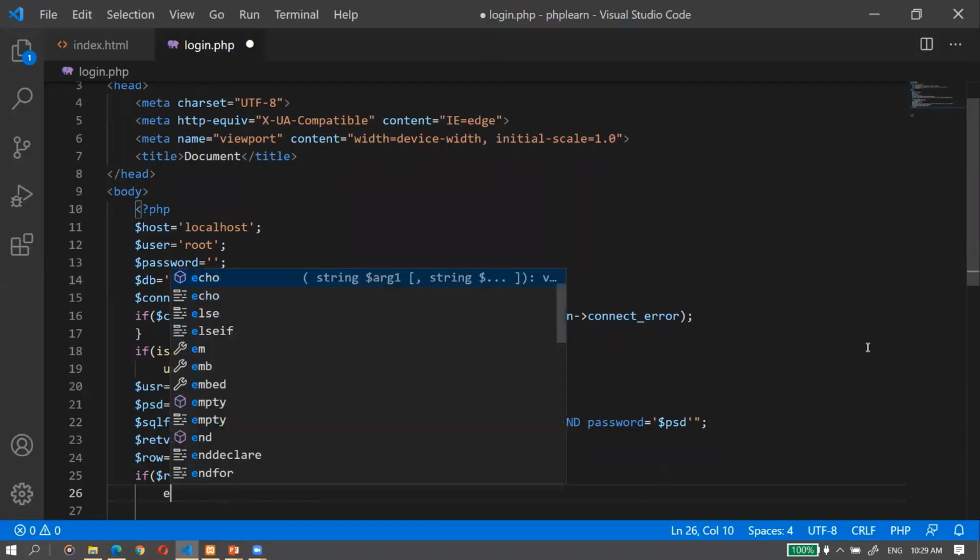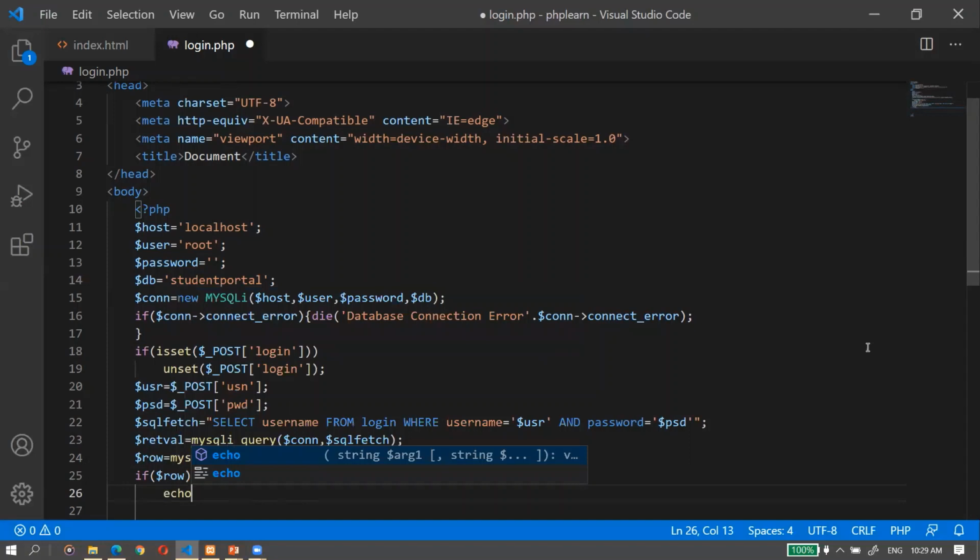So we will echo welcome the username, right? So dot username, it will print.